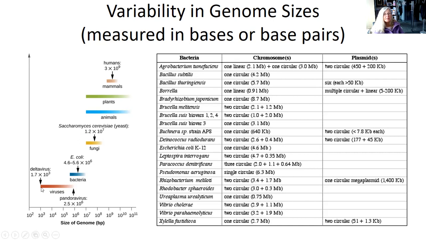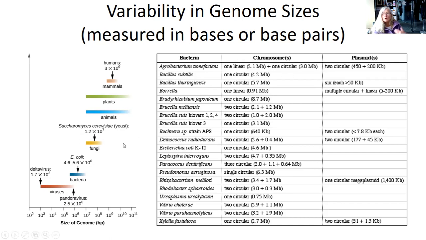But the point being, notice the variability in the size of the genomes of all the different organisms. It is large, a good degree of variability. Some have very, very small genomes with only a few genes. Some have pretty large genomes overlapping that of bacterial cells. So genome size varies a lot. And E. coli, as mentioned here, there's E. coli, right? So just this overall structure. So in terms of base pairs,